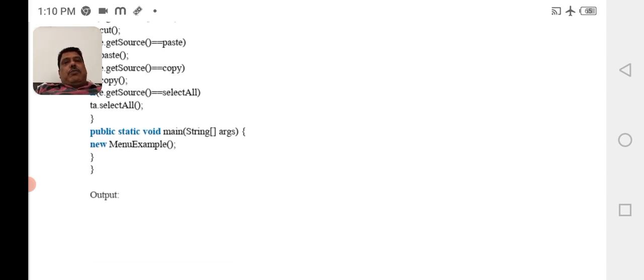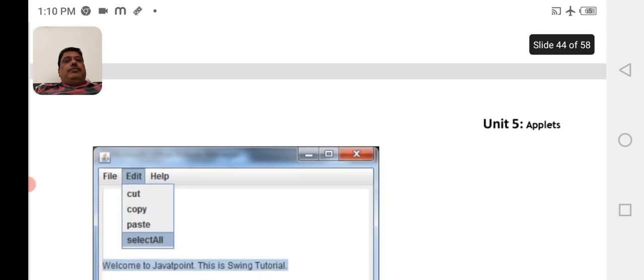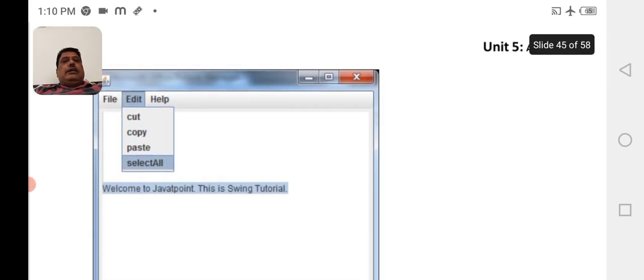So executing the above program, we'll get the output as